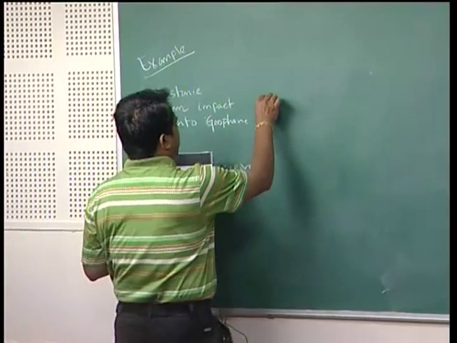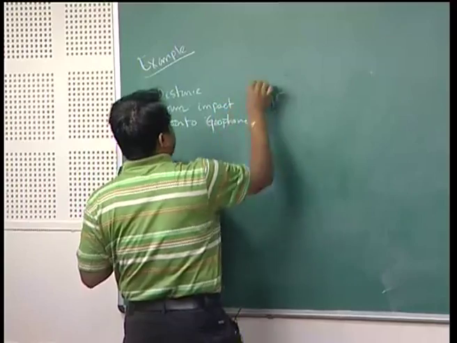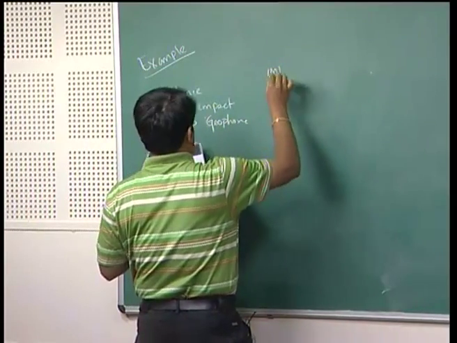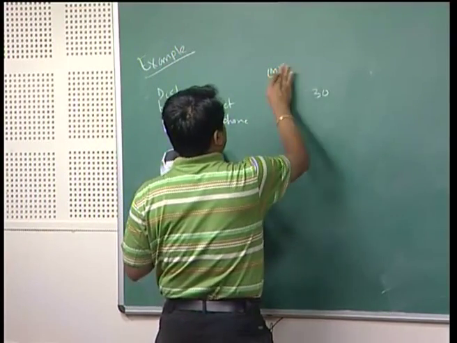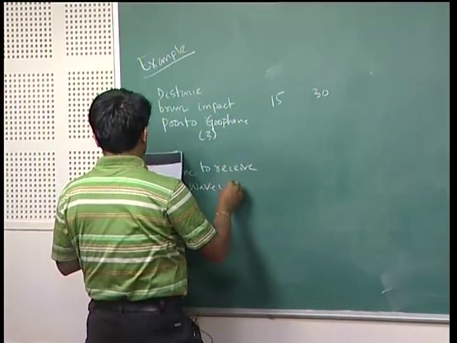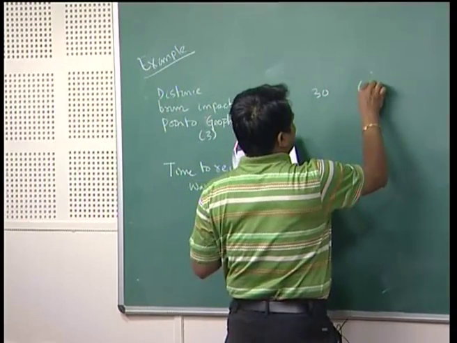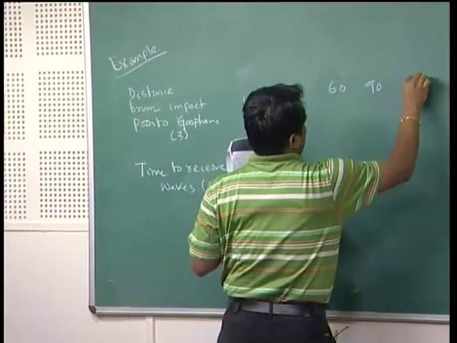The distances are given in meters: 15 meter, 30 meter, 60, 90, 120. And the time to receive, in seconds,